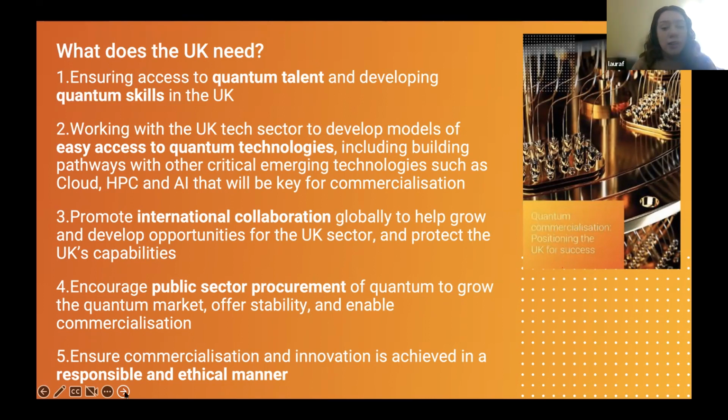The fourth one is setting ambitious plans for public procurement in the UK. We definitely could do this in the UK. We've had this really strong national technologies program around quantum, but I want to see that happen more, such as with that MOD procurement, where can government support the development of a quantum industry?